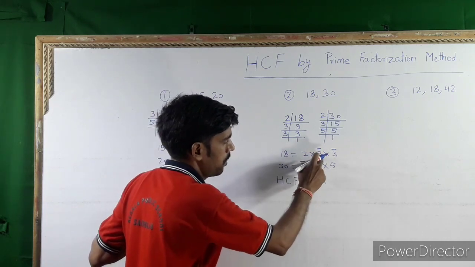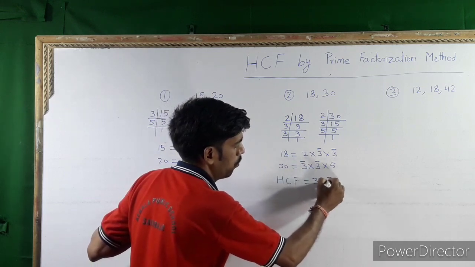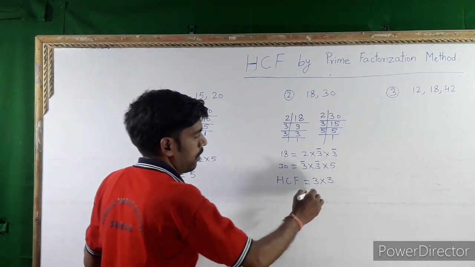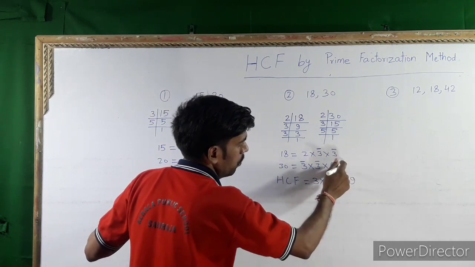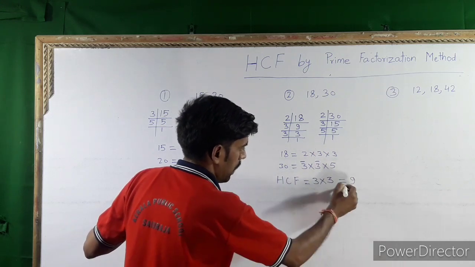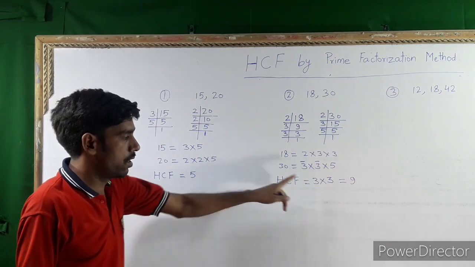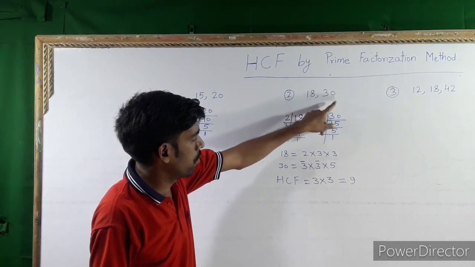Both numbers include 3 two times, so 3 is taken 2 times. 3 3s are 9. 5 is not included, so leave 5. So HCF is equal to 9. Means HCF of 18 and 30 is equal, sorry,